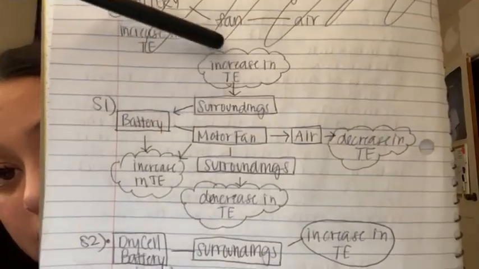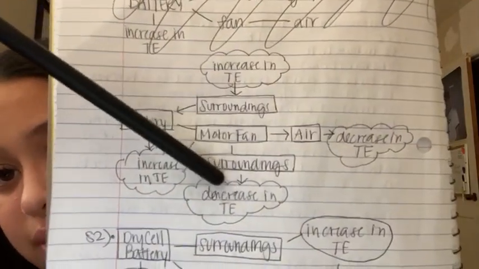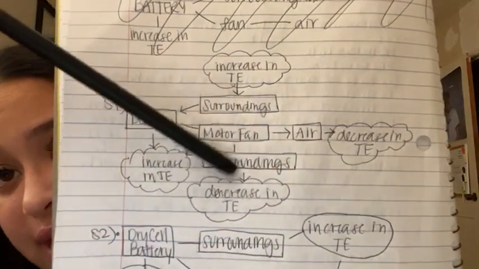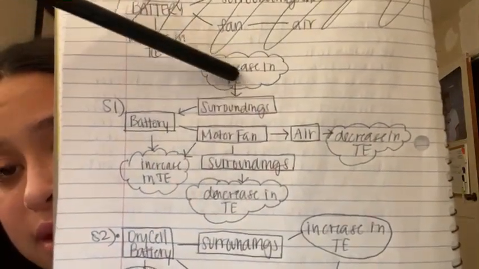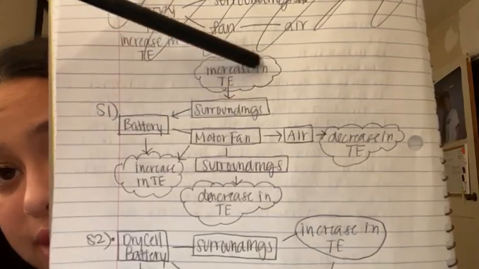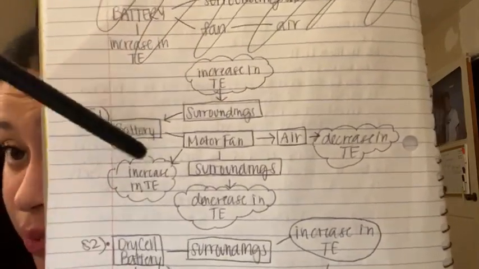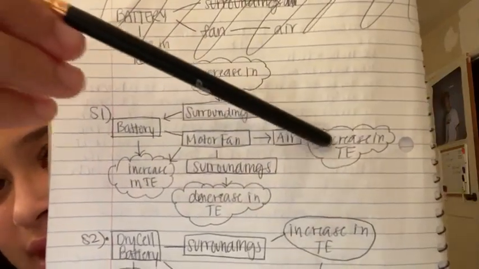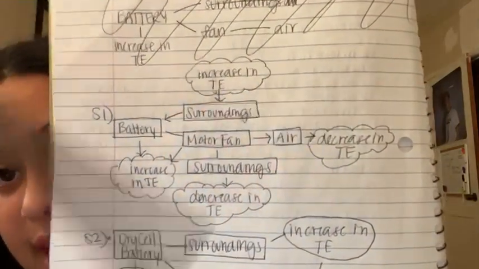But the motor fan's surroundings are increasing in thermal energy because the fan is starting to get hot, and the surroundings of the battery are increasing in thermal energy because the battery is heating up as well. But the air off of the motor fan is decreasing in thermal energy because as it's picking up speed, it's going to blow cooler air away, because the faster it goes, the cooler it's going to feel. And for